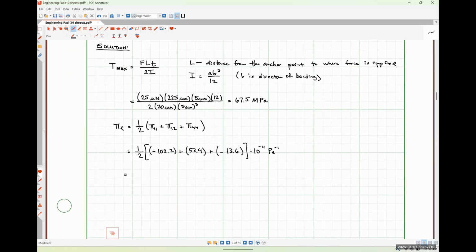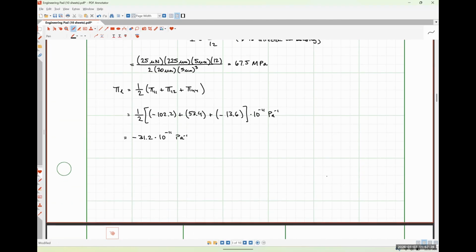And so simply throwing this into our calculator gives us a value of negative 31.2 times 10 to the minus 11 per Pascal. From this, our fractional change in resistance, delta R over R, is simply going to be our piezoresistive coefficient in the longitudinal direction times